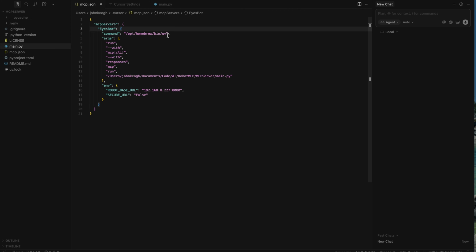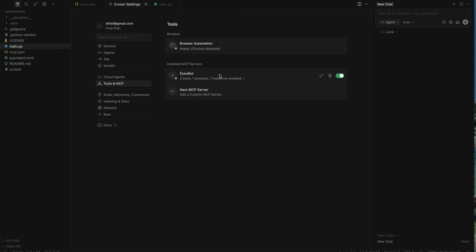So look at the path to UV, assuming you're running with UV, and then you also need the path for main.py, depending upon how you have your path variable set up. You may need the entire path. If you're having problems, definitely use the entire path. And these again are the environment variables. Once you add this, you may need to restart. But once all that's done, then you'll be able to use the